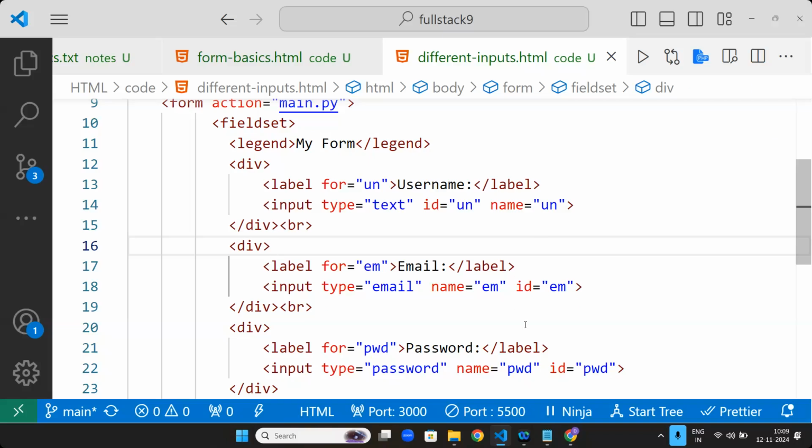One second. Input type equals password. This is actually what we have done yesterday only.